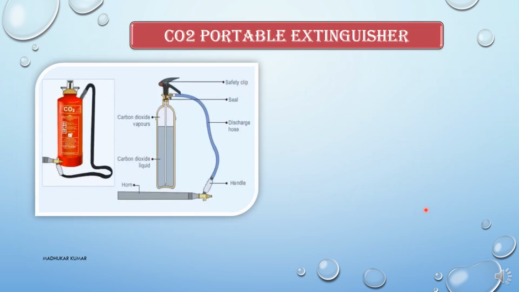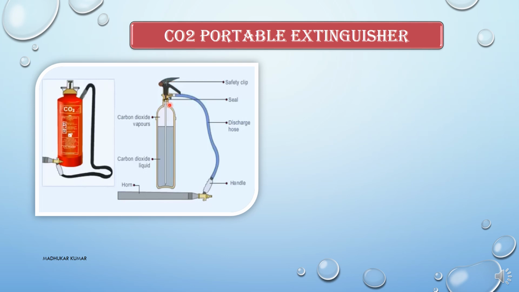CO2 portable extinguisher. Here you can see so many questions are asked on the CO2 portable extinguisher. This is your complete cross-sectional view. You can see here the CO2 portable extinguisher, the liquid CO2 part, and you have the CO2 vapors also. So sometimes it is asked that CO2 is in which state inside the CO2 portable extinguisher. Inside that it is in the liquid state as well as in the vapor state, or the gaseous state also. Okay, so here you have the safety clip, here you have handle, and then you have the